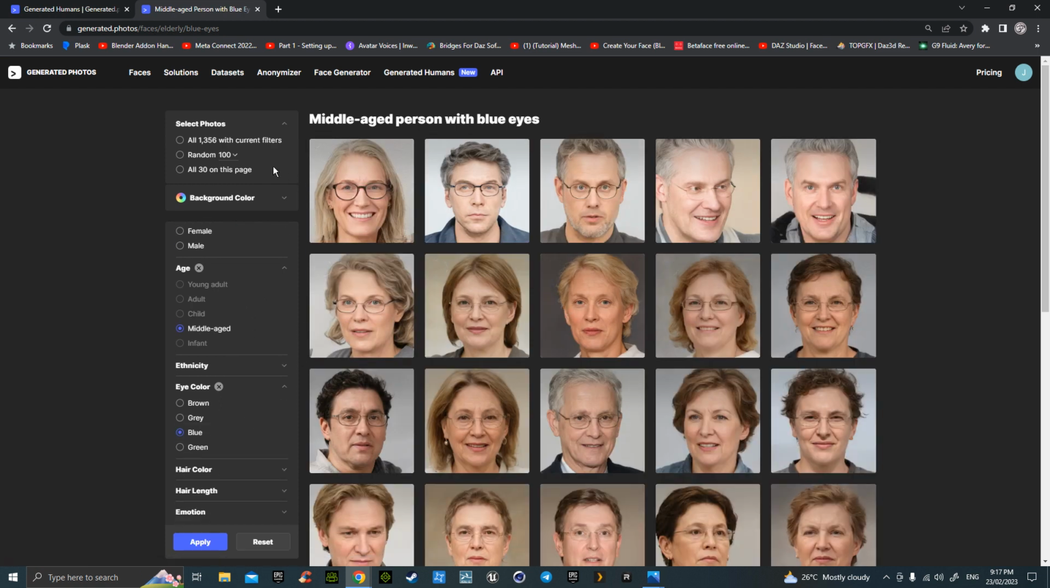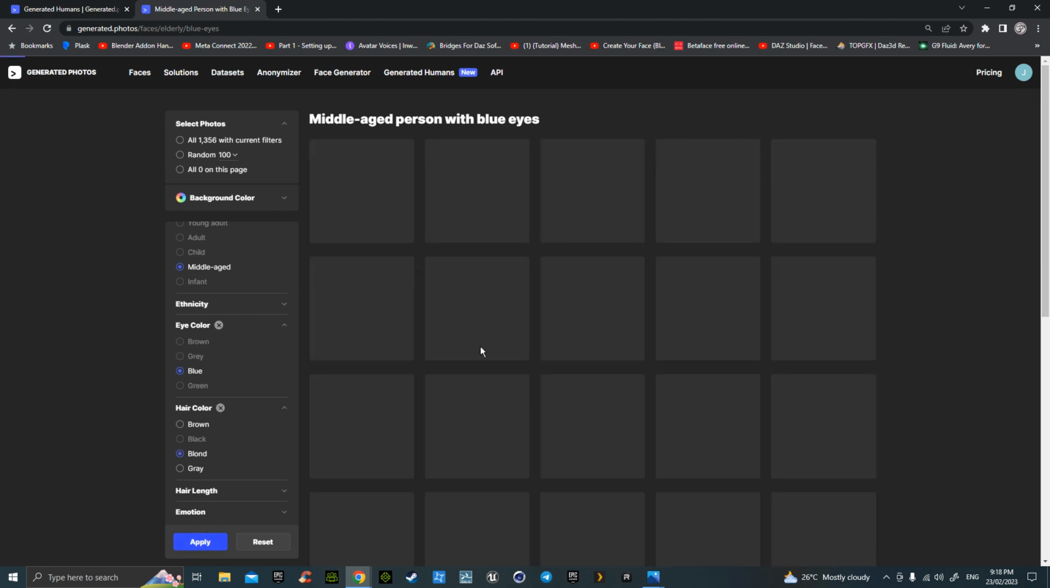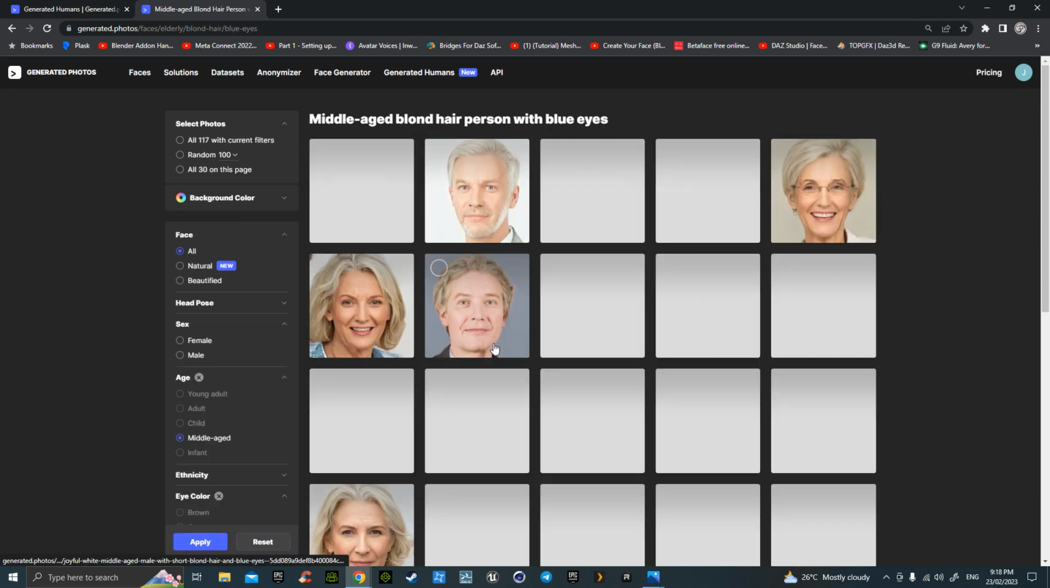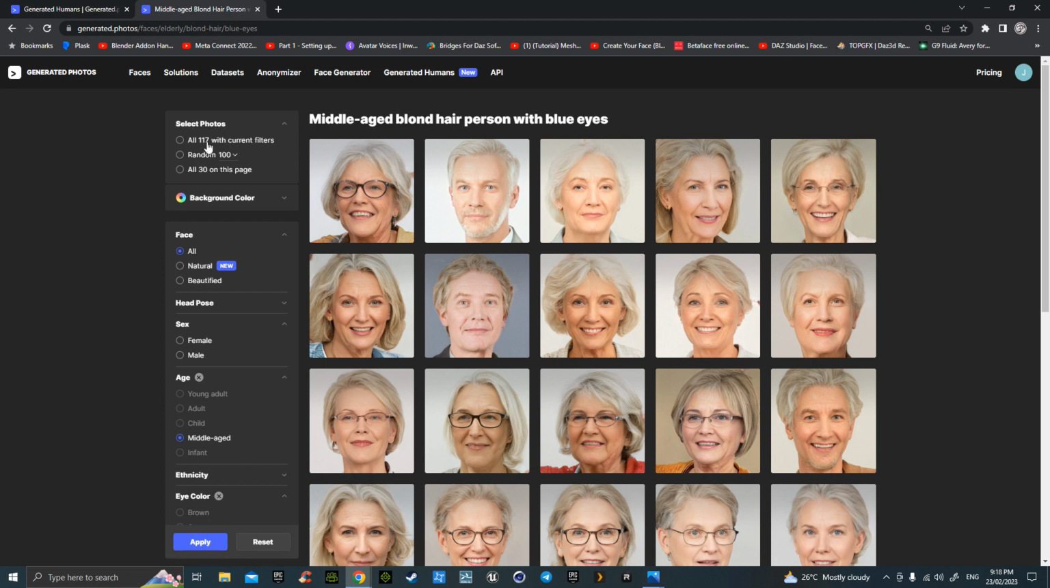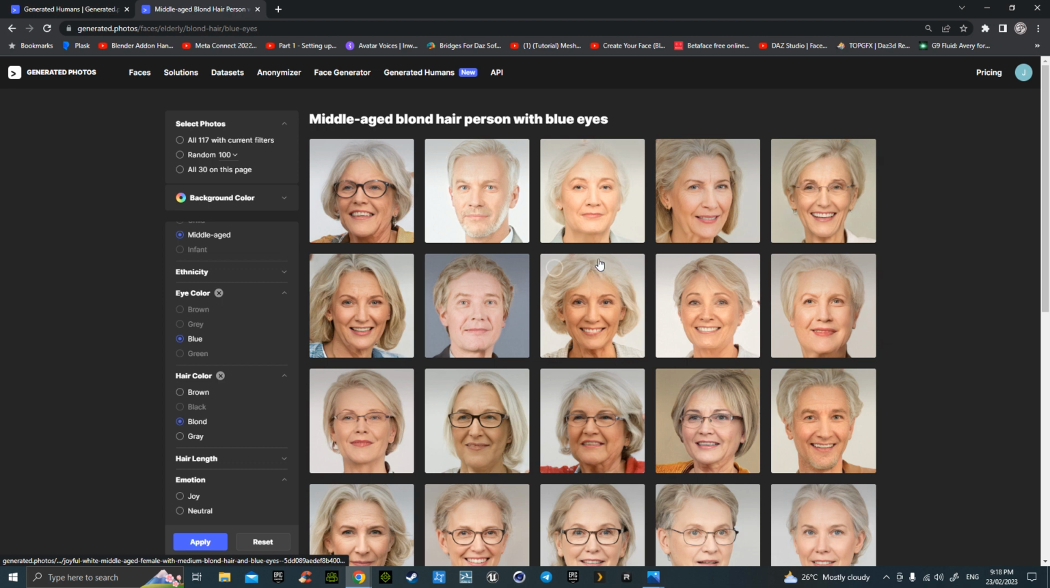Or it narrows down the amount of people. You're down to this number of people. And say you also wanted them to have blonde hair. Narrow down again, 117. And you can just keep narrowing it down depending on joy or natural. So, once you've got those faces,